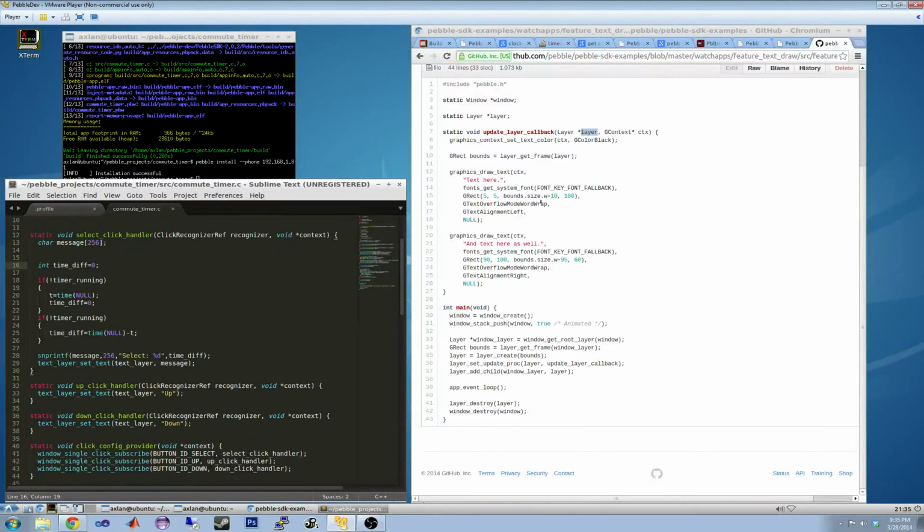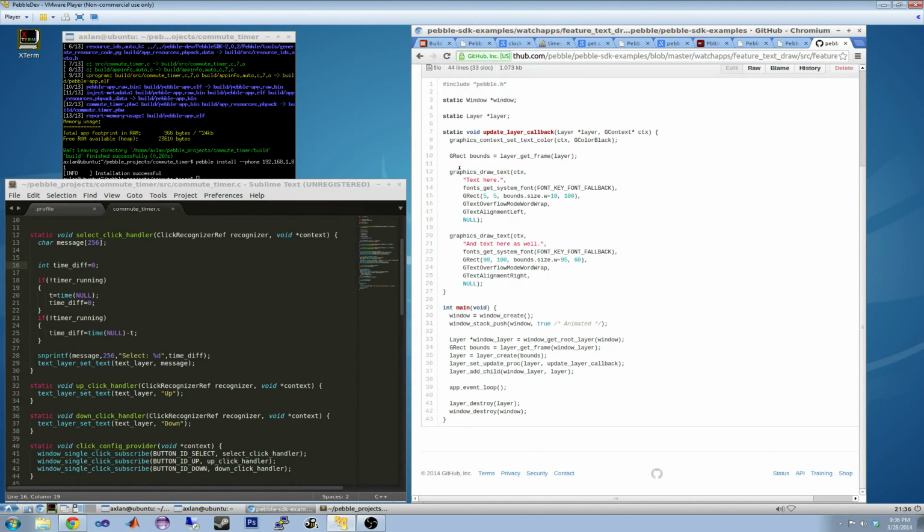So I'm not sure how this is supposed to figure out which layer it's being drawn on. I'm guessing that this actually won't work. So I'll have to figure out exactly how it decides when to update these layers, but let's give it